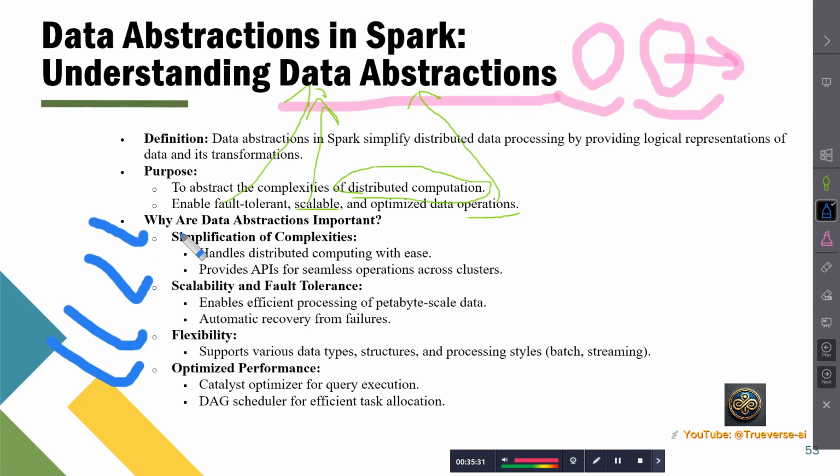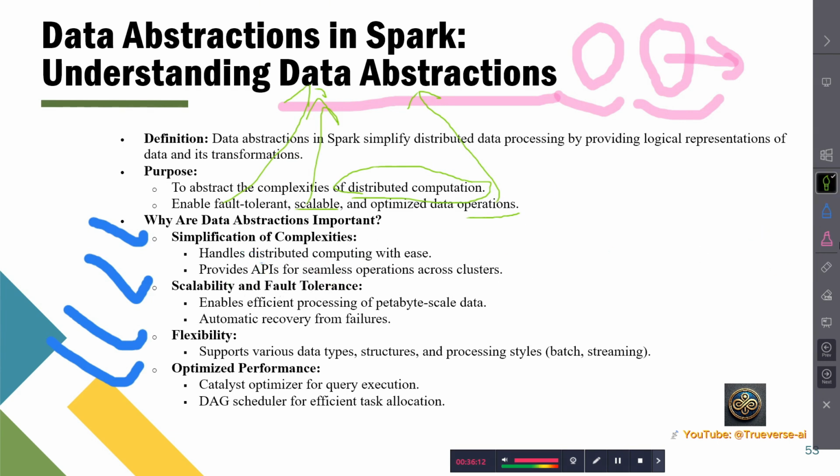One of the reasons we need data abstraction when we go for Spark specifically, and this abstraction is very important before we touch Spark hands-on practice. First of all, simplification of complexity, because we will have many separated processes